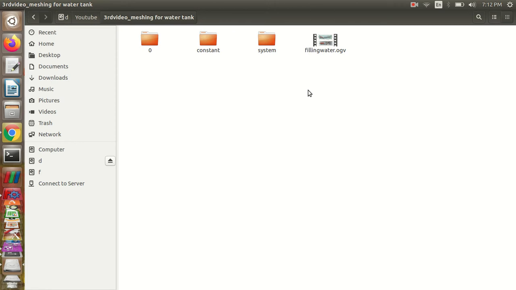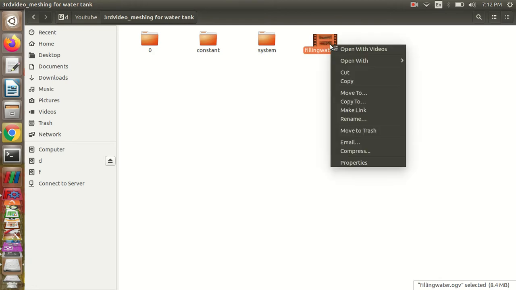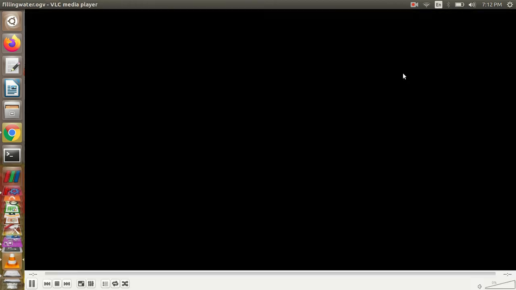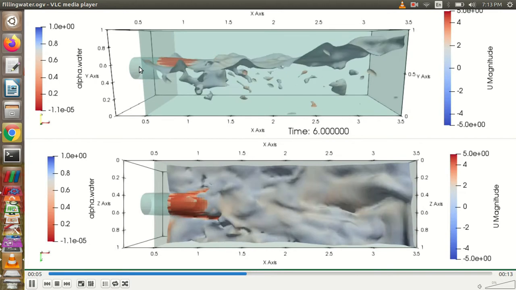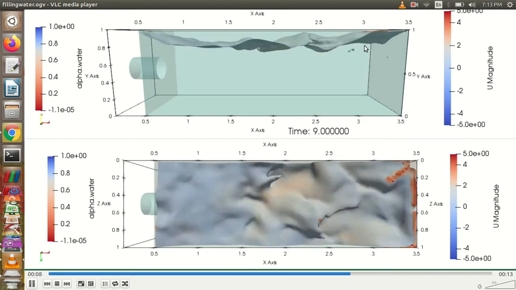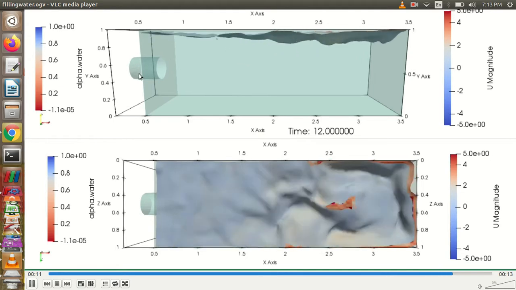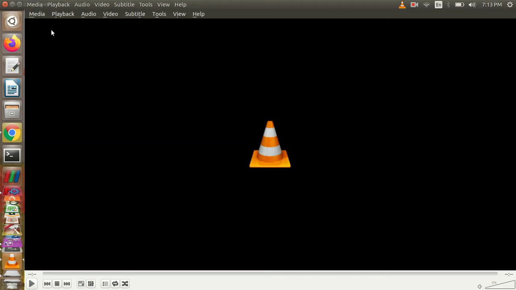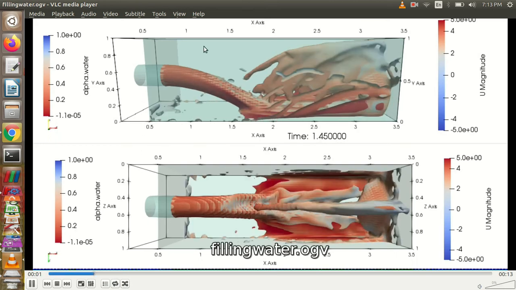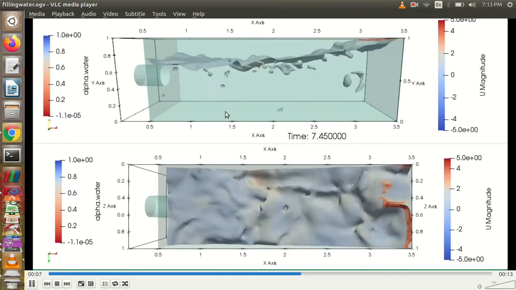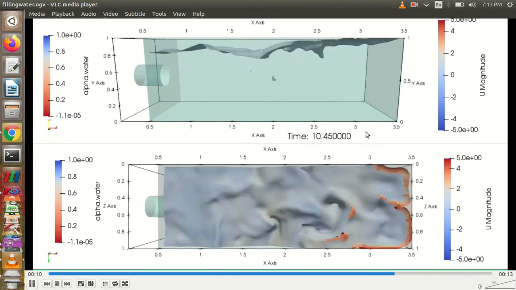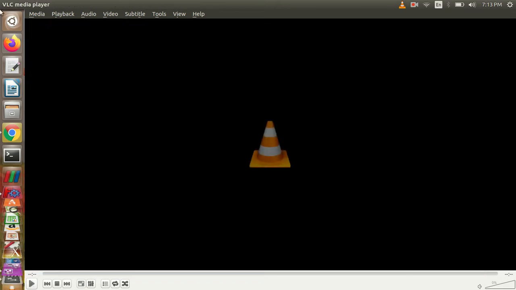Before starting it, I will quickly show you what our end result is going to be. So this is what we actually wanted. Herein there are two geometries you can find. One is a cylinder and the other one is a rectangle. So what I am going to do is create a cylinder of height 50 centimeter and diameter of 30 centimeter, and this pipe is going to be attached to this rectangular tank of size 3 meter in the length axis and 1 meter width and 1 meter height. So this is what exactly we are going to solve in this tutorial.